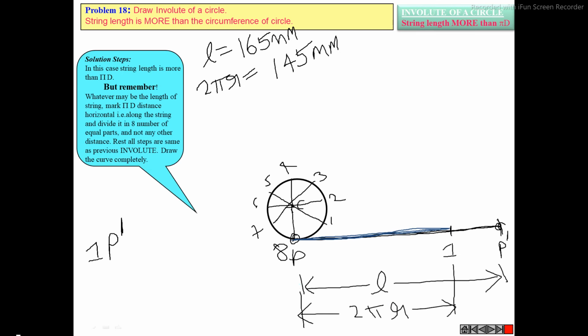And by set square method, I know if I want to divide the given line into 8 equal parts, this is the starting point of the line, this is the ending point of the line. From the starting point I will draw an infinitely long acute angle inclined line. On this inclined line I will cut 8 different arc points, 1, 2, 3, 4, 5, 6, 7, 8, and the last arc point I need to join with point 1 with the help of a scale. Then by taking the two set squares I will draw parallel lines like this.